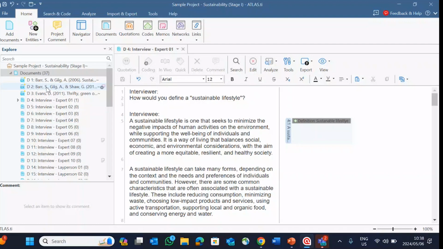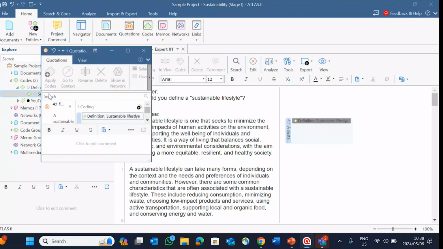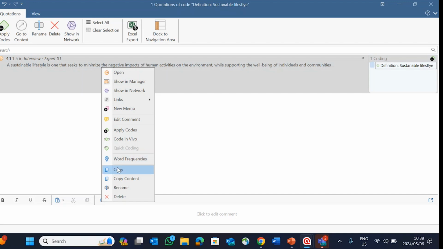And with the quotations, if you look here, we will have this code. So if you click on the code, you will see there is a verbatim quotation aligned to this code. And while you are presenting your findings and feel that, okay, I want to use this quotation from this participant, you can easily copy it